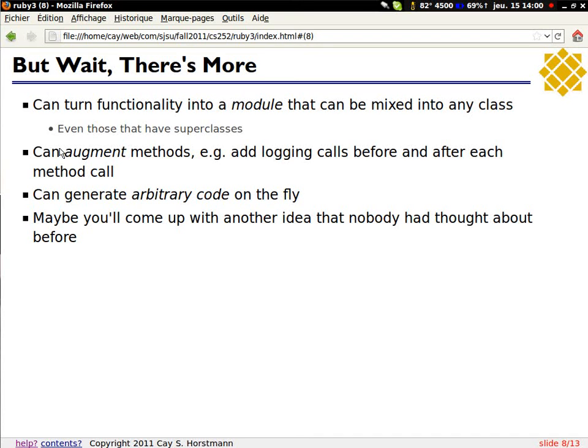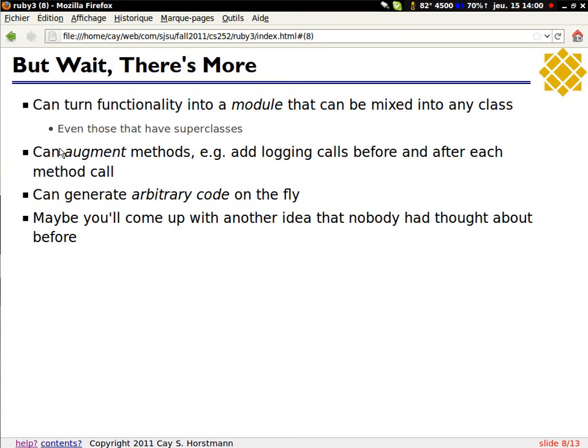There's more that we're not all going to see. You can turn functionality into a module that can be mixed into any class, even those that already have superclasses. Right now we've extended CSV base, but what if I already had an existing superclass? You can overcome that.